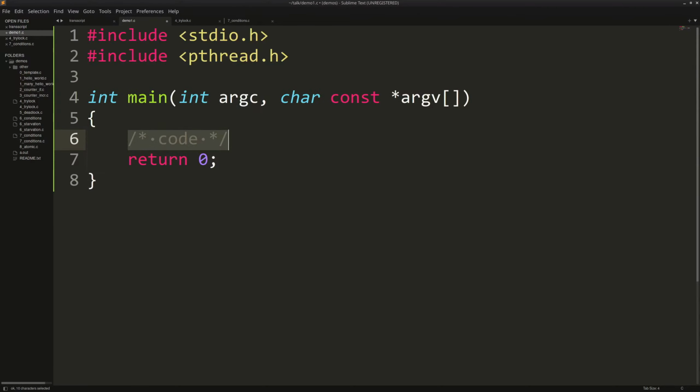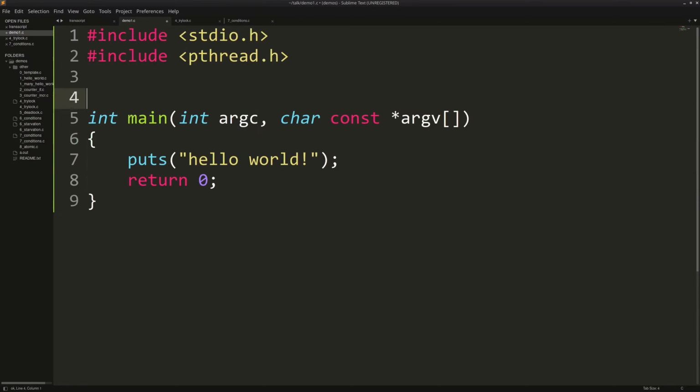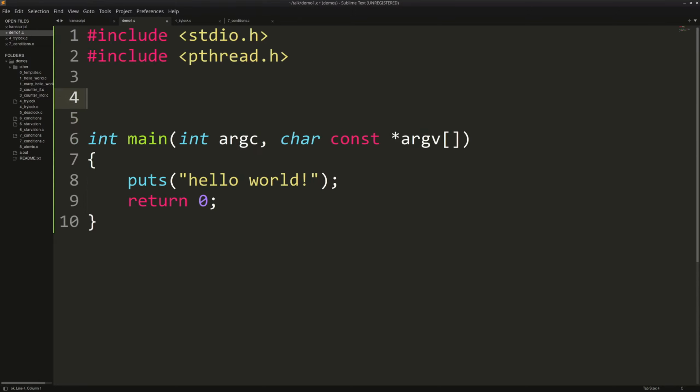Then we get our main function as usual, and you would say hello world, except we're going to do this multi-threaded. So if you think about it, main is kind of the entry point of our program. It's where our process starts. Likewise, a thread also needs an entry point. So let's call it thread_fun.